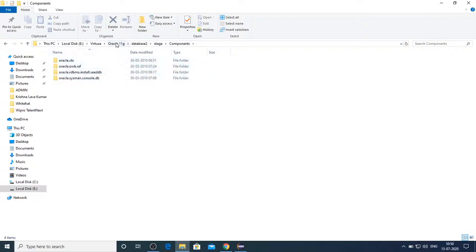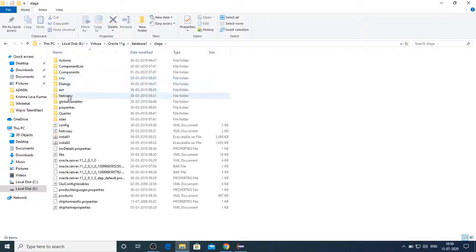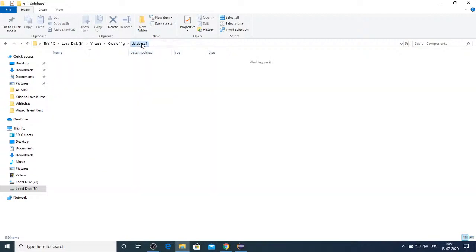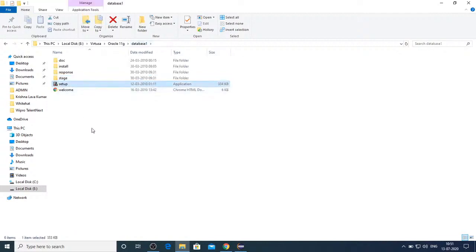Open database 1, where you will again find stage and components. In this components folder, paste those 4 folders. After that, come back to database 1 and click on setup, and it will take some time to install.